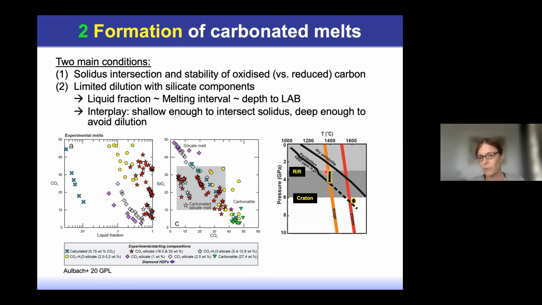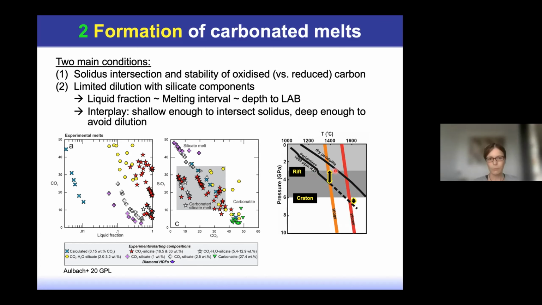Whereas if you're in a rift setting, the depth to the LAB is shallower. You can intersect this solidus easily, and you can decompress even at ambient potential temperatures, and you decompression melt again until you hit the lithosphere-asthenosphere boundary. And you might in both cases avoid